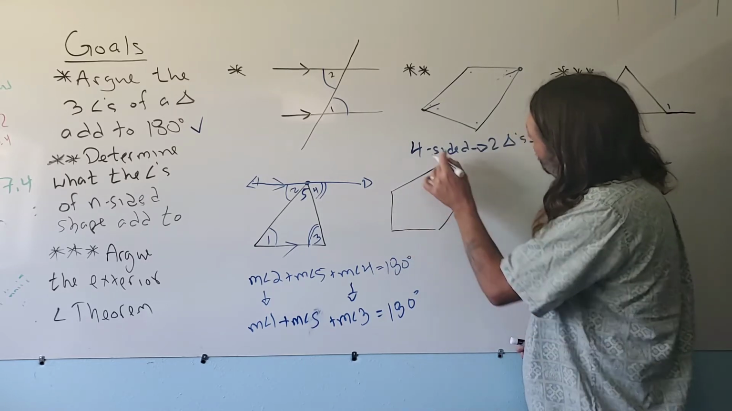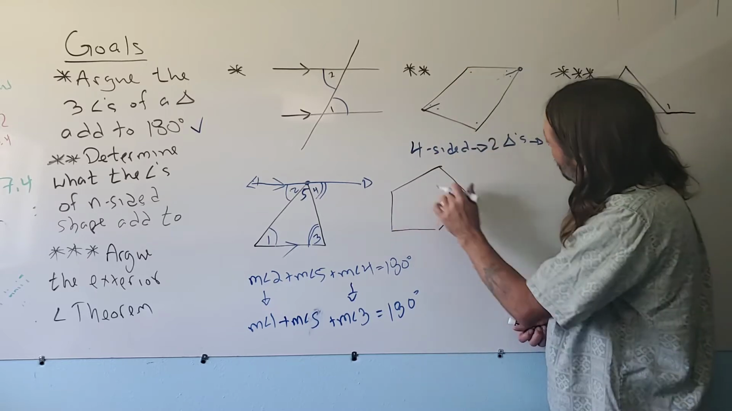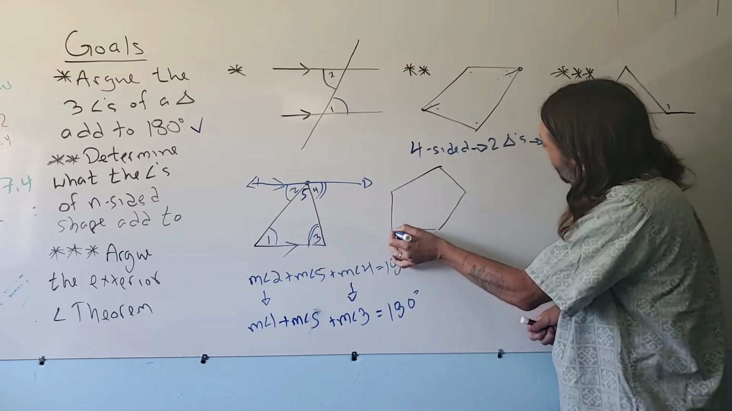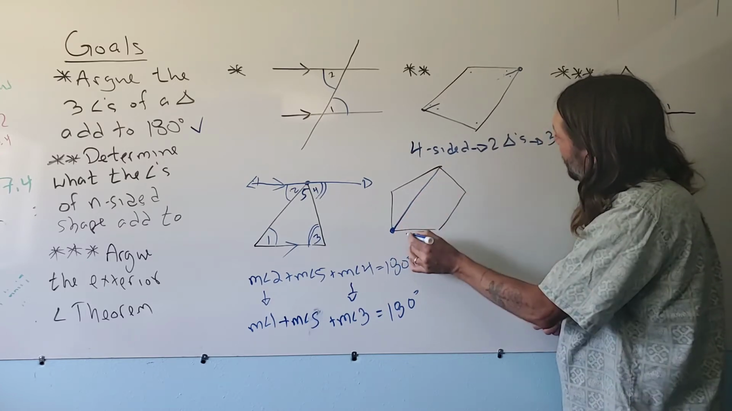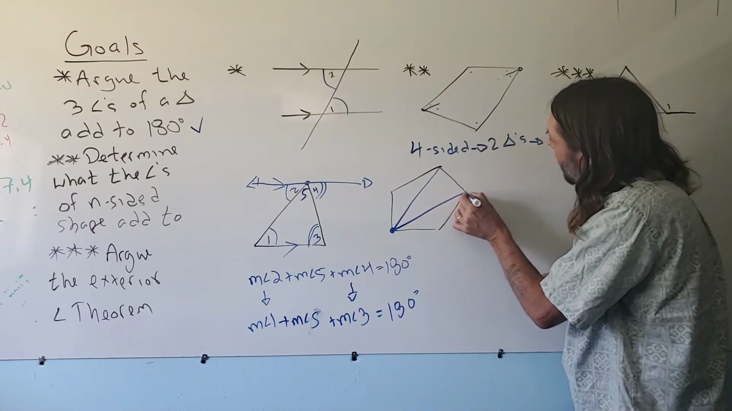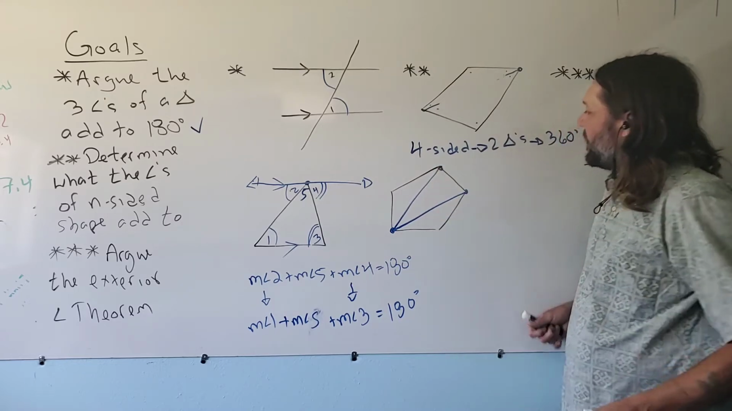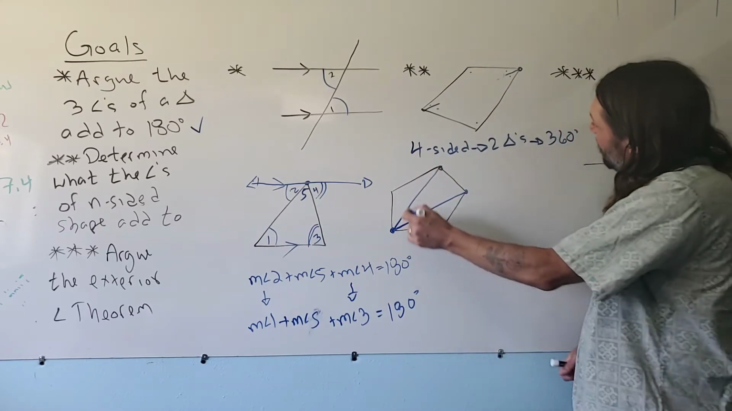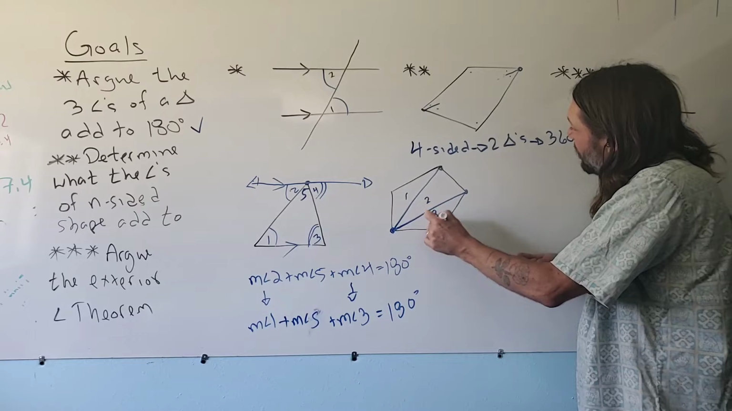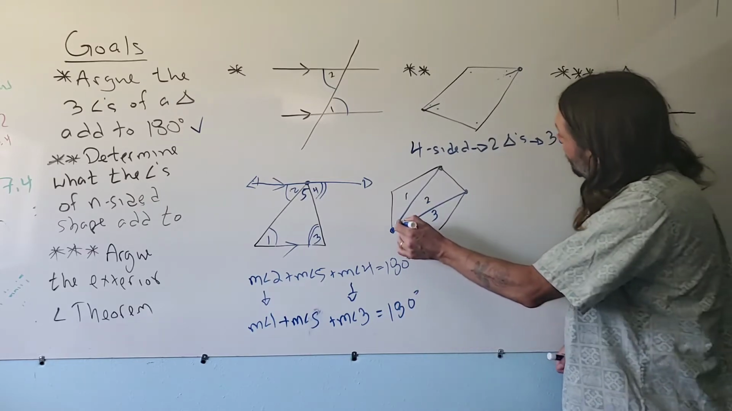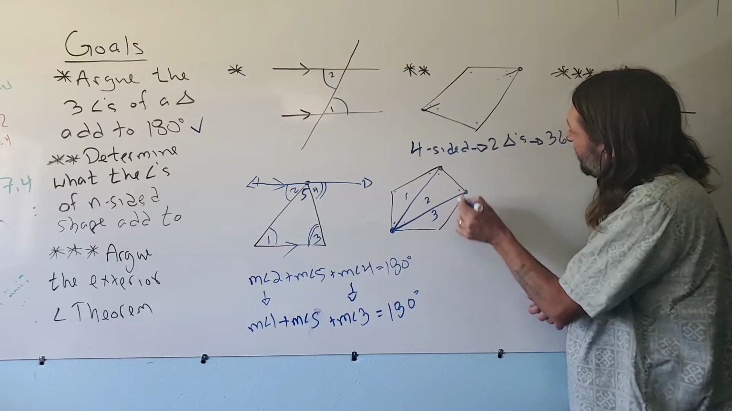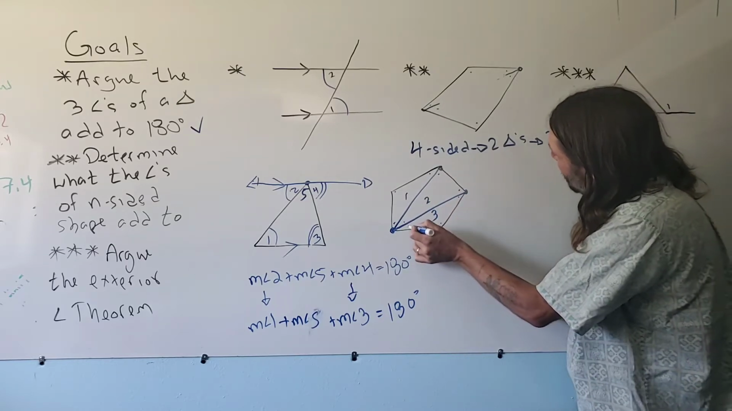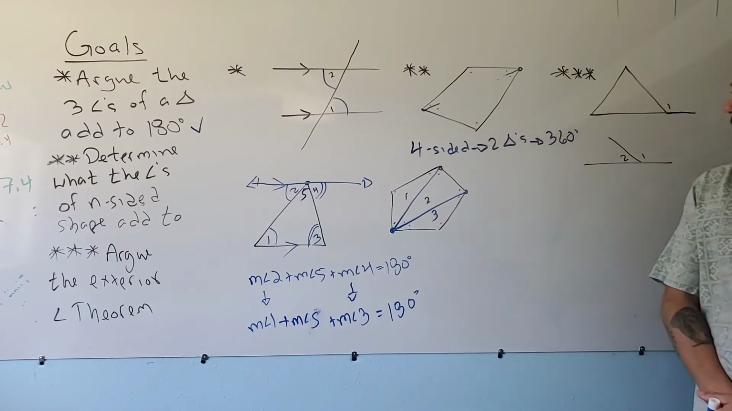So I could start anywhere. I could have started here and gone there, but I can start anywhere. Just to keep myself out of the way of the drawing, I'm going to start here and connect to there, and then go back and connect to here. Now notice in this 5-sided shape, I was able to make 1, 2, 3 triangles. And again, I know that these 3 angles add up to 180, these 3 angles add up to 180, and these 3 angles add up to 180. So my 5-sided shape